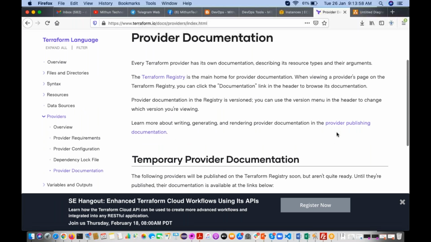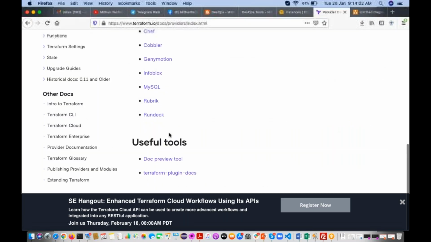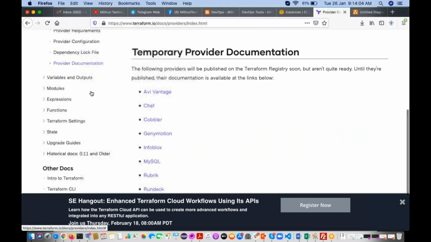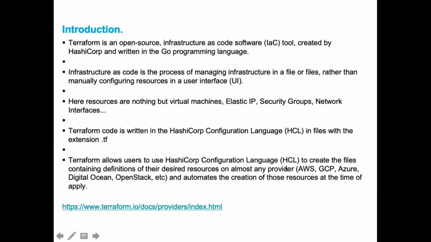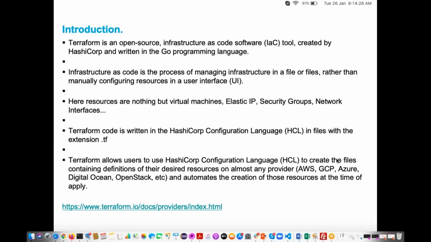Just go through this website; it provides almost hundreds of cloud providers. Using Terraform, you can automate infrastructure in any cloud provider, like AWS. If you want to automate it, you can use Terraform. Just go through this URL and see all the providers it is providing right now.